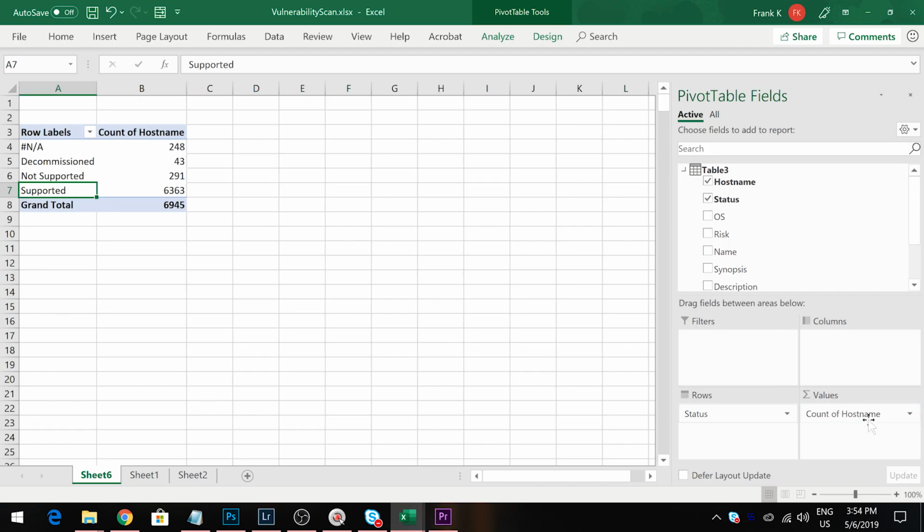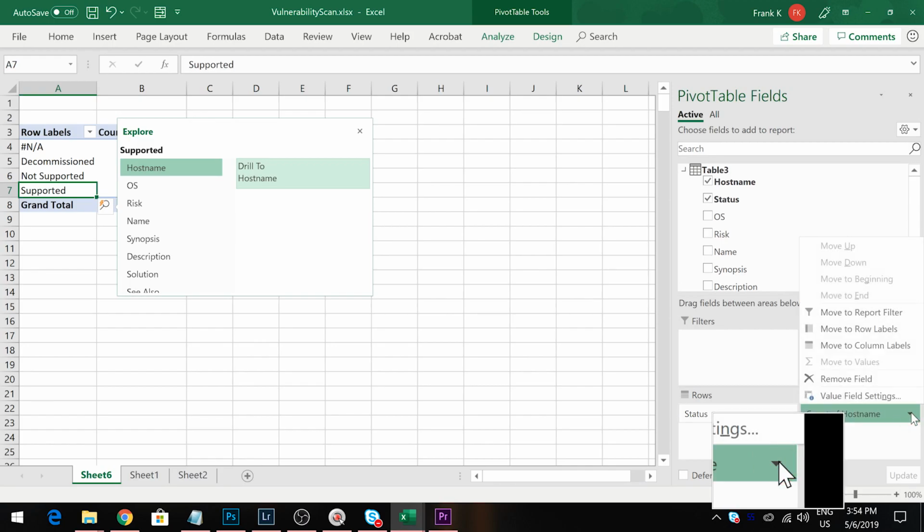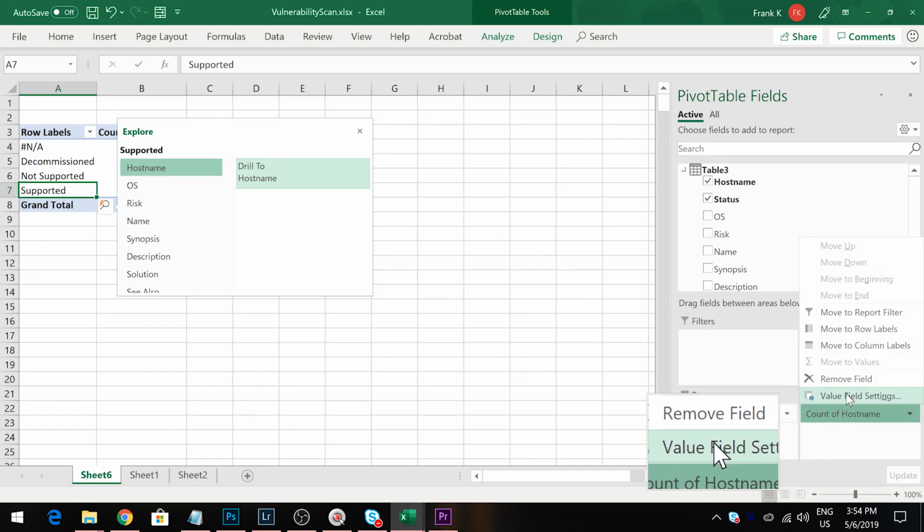So right now this is counting all items in the 6900. What we want to do is count unique. So if you just click here and click on this drop down on the values and go to value field settings,